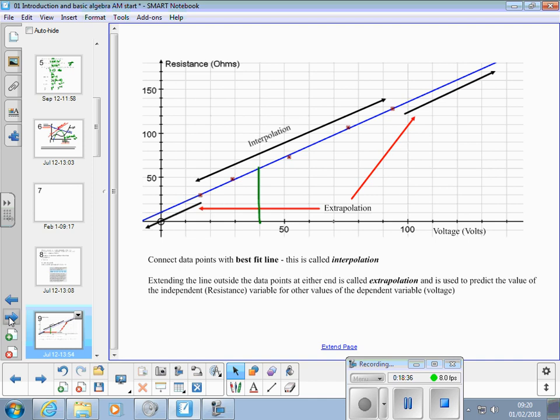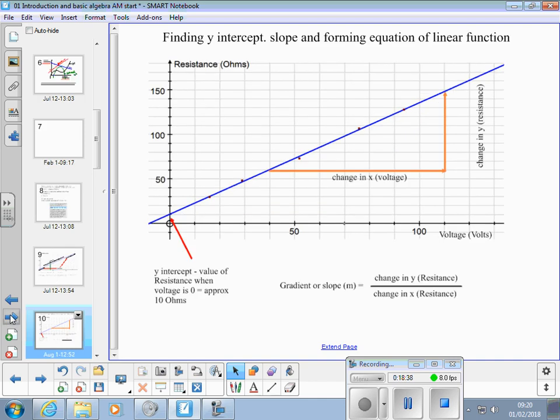Okay, so from that straight line, we can look at the graph and determine what the intercept is. Looking at the y-intercept here, the value of resistance when the voltage is 0 is approximately 10 ohms. So that would be our C on the end. For the gradient, we'll look for a convenient point to find